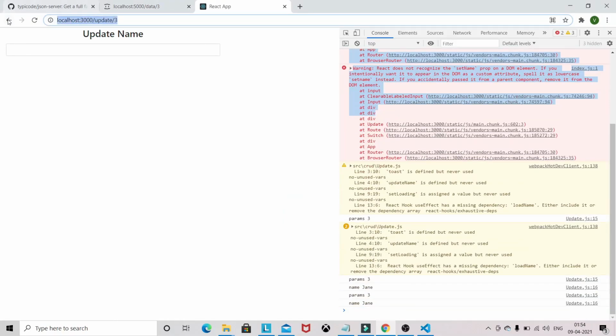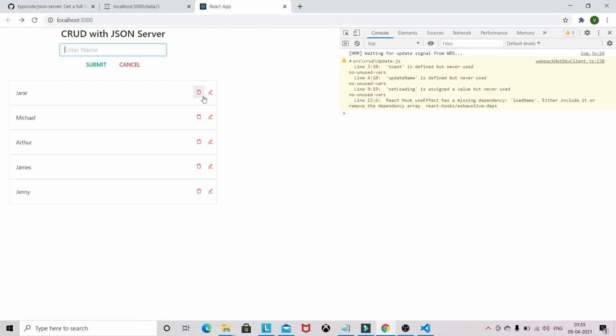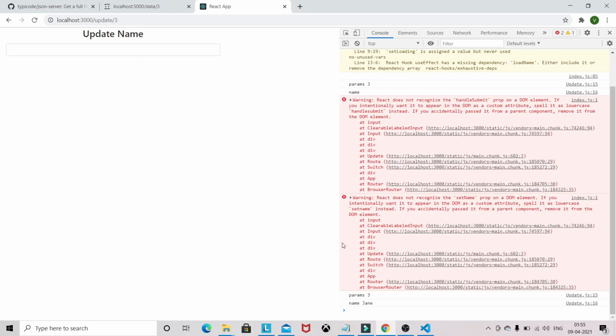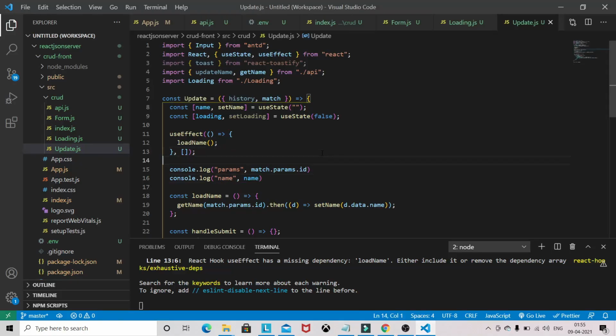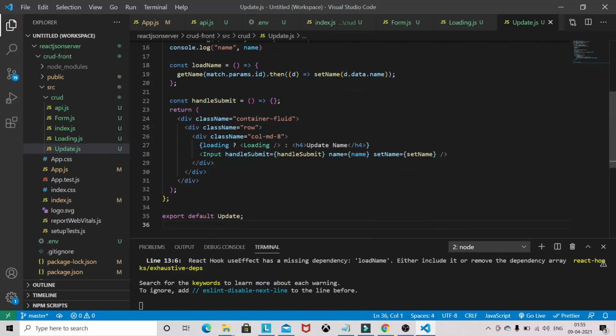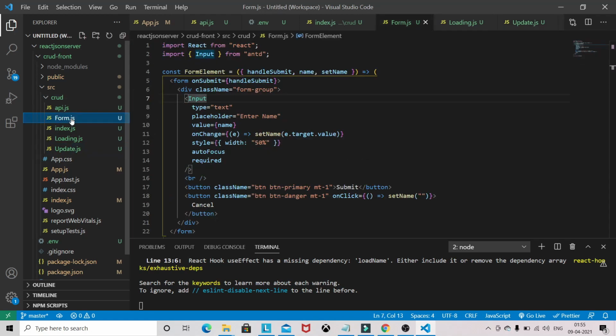Okay, we'll go back. Okay, so name we are getting, but somehow we are not getting the name here. So we have to go to the component. So in the component, we are passing the name.